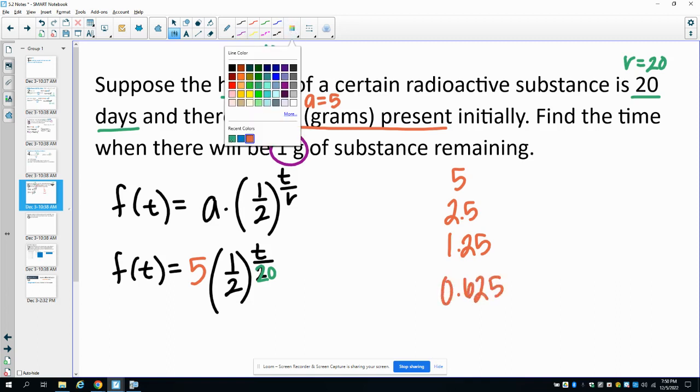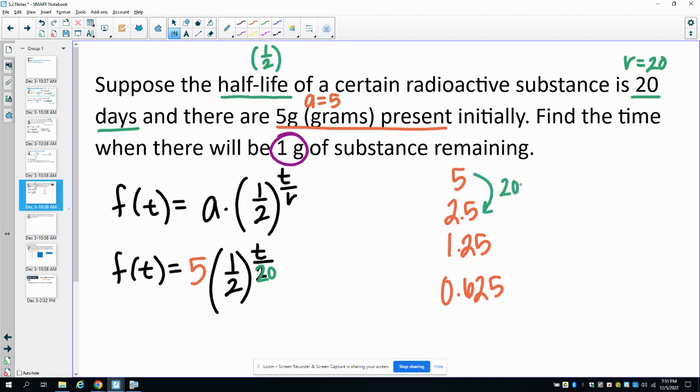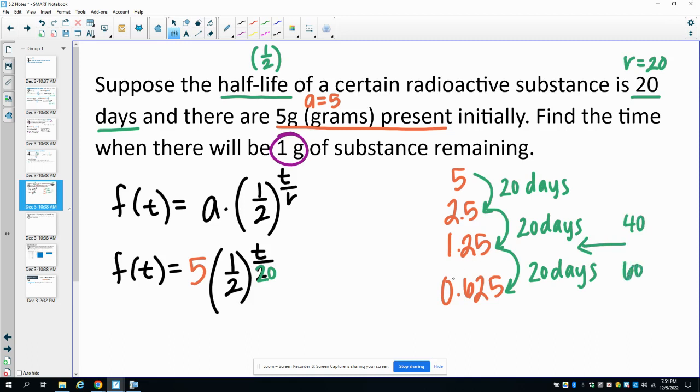And remember that for this half-life, it takes 20 days to cut in half. So it took 20 days to go from 5 to 2.5, another 20 days to go to 1.25, and then another 20 days to go down to 0.625. So it's going to happen somewhere between 40 and 60 days. If you are just plugging in random numbers, make sure you're plugging in numbers that would make sense,